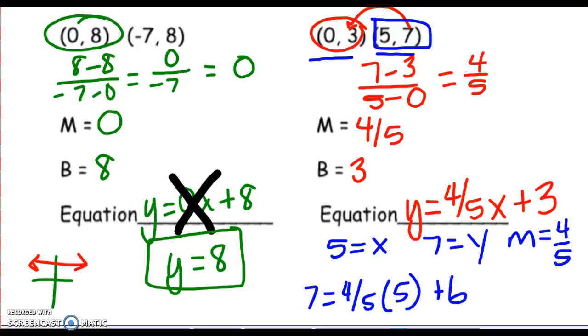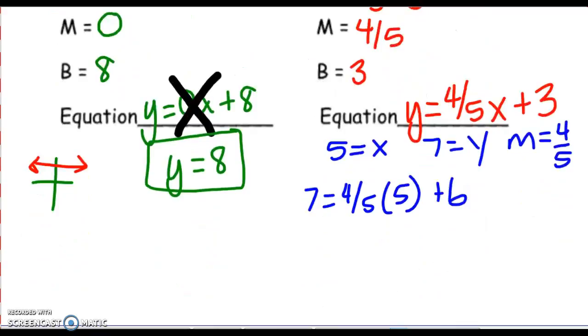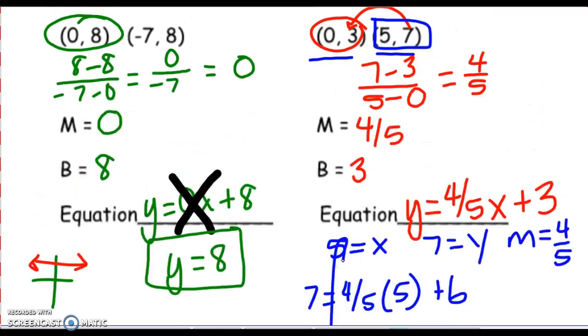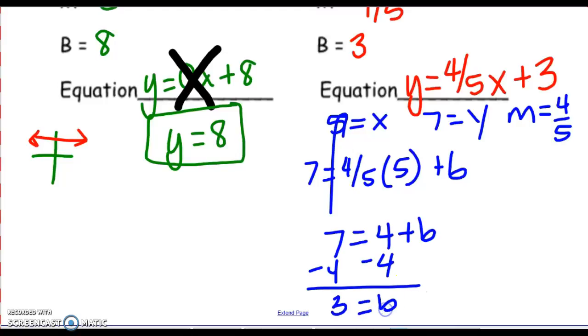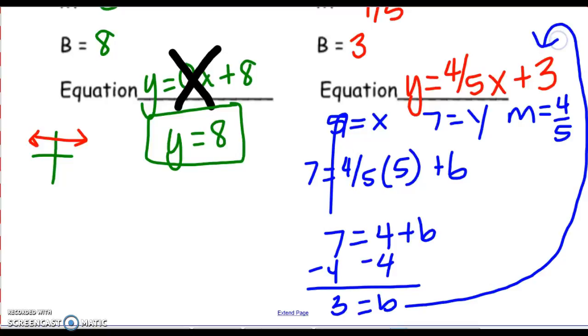Now, I can take 4/5 times 5, which is going to give me 20 over 5, which is 4. So 7 equals 4 plus b, and I would subtract my 4. And here I find that 3 equals b, which we knew already,